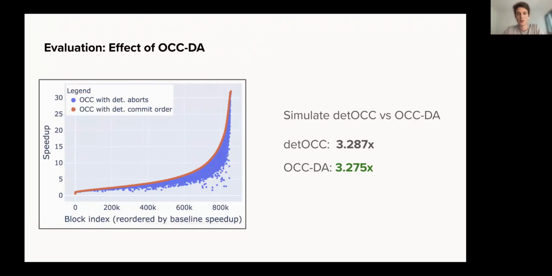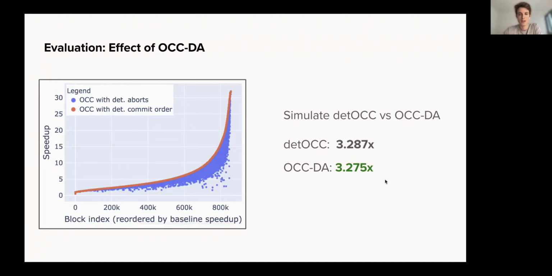Second, we looked at the performance impact of OCCDA. As you saw in the previous example, in some cases, OCCDA will abort transactions even though they could theoretically be committed. It will abort these transactions in order to ensure that all the nodes in the network reach the same abort decision on transactions. So we expect it to have some performance impact or some performance trade-off through this.